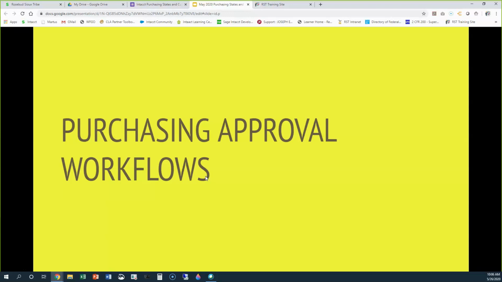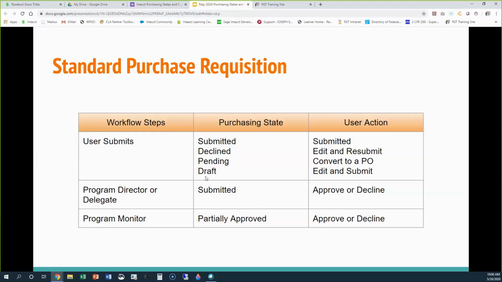So we get into purchasing workflows. The first one I want to go over is the purchase requisition. It's pretty much a three-step process in which a user submits a request. That request goes to a program director or that person's delegate. When that person approves, it goes to the next person, the program monitor. So we all know that,